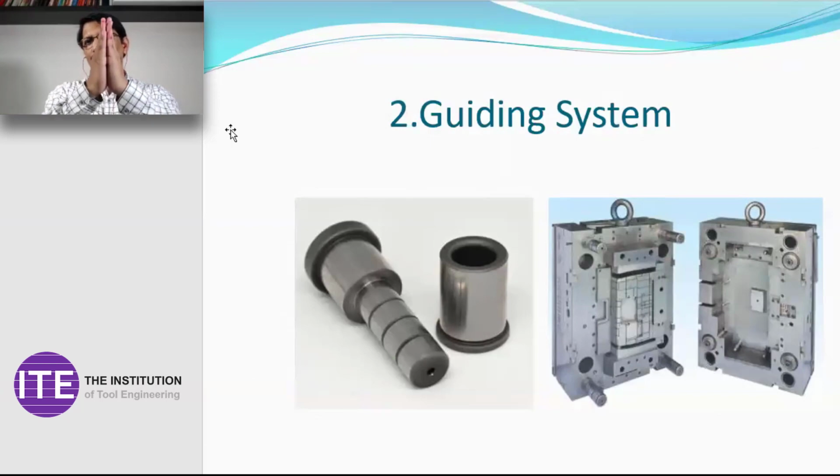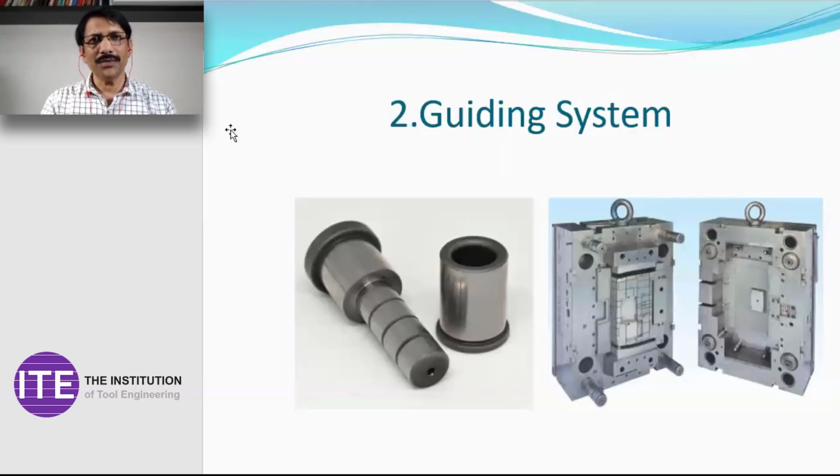Machine pillars means when the die is operating like this, there are 4 guide bars and bushes. So designing of that is called a guiding system. So we understood the function of the guide pin and guide bush system. The function is to avoid the mismatch of the component on the generally parting line.